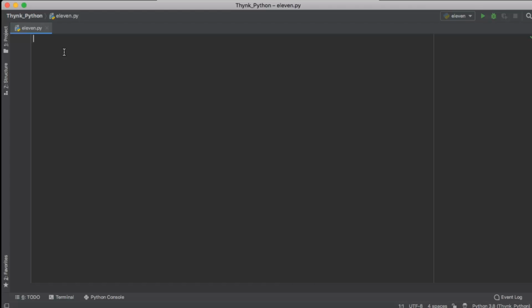The if statements. An if statement is used in coding whenever there is a condition which is to be checked. So if a given condition is true, then we specify one output, and if the given condition is not true or false, then some other output is to be given. So for this, let's take a very simple example.